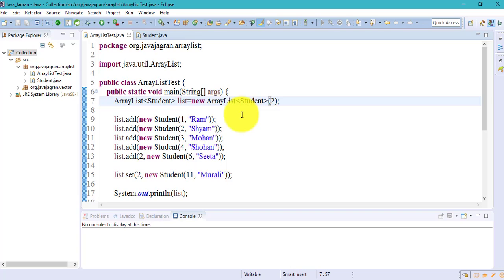It compares the size and the length. If the size is less than the length, the ArrayList is not full, so it inserts the data. Else, if the size becomes equal to the length and the ArrayList is full, it calls the increase capacity method. That method increases the capacity, and then it inserts the data.